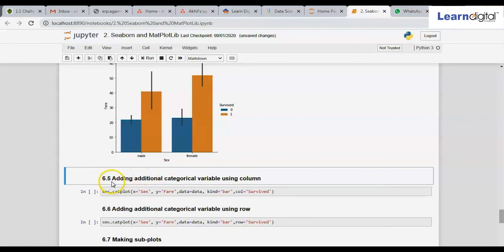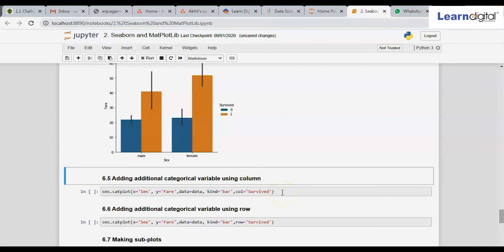The next function is very similar to the hue function, that is col. The col function makes separate columns on the basis of a variable. So if you compare hue and col, hue uses different colors for that particular column, whereas col separates the graph into two columns. There is an additional feature of using row also.